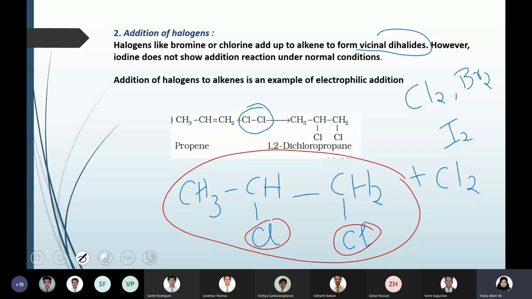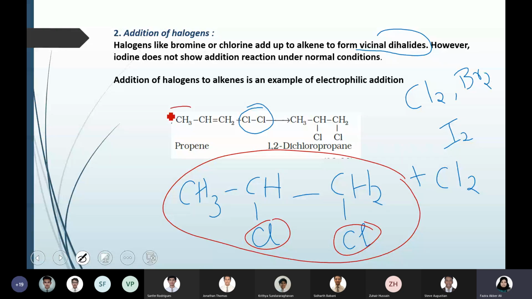Similarly, the chlorine molecule also undergoes the same reaction. The only thing is that the conditions are different, because for addition of hydrogen you need a catalyst: nickel, platinum or palladium. Here, it's a normal reaction at normal conditions. If you just take an alkene and add chlorine, you will get the dihalides. The trend is the same, the route of reaction is the same, the pattern of the reaction is the same. The double bond is breaking down and new bonds are made with the addendum. Whatever you are adding, that substance will be added across the carbons in the double bond.